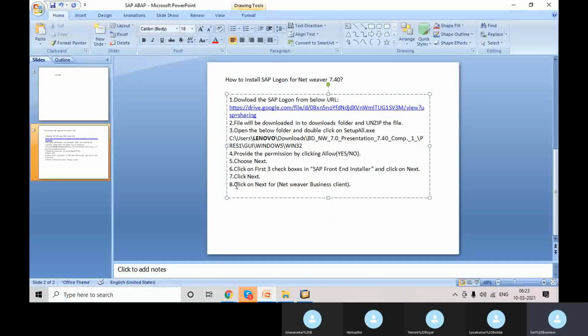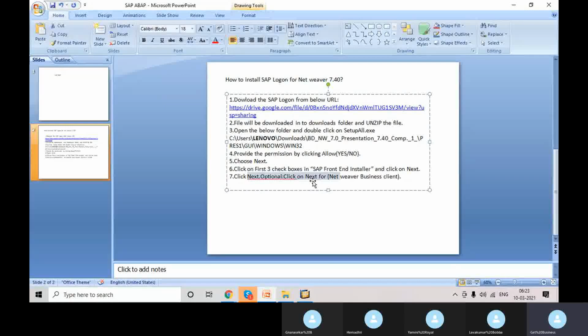So we can say it is optional if you're selecting. That is not mandatory. So one click on next is enough, because since we selected these checkboxes also, it is asking for the same folder and all.